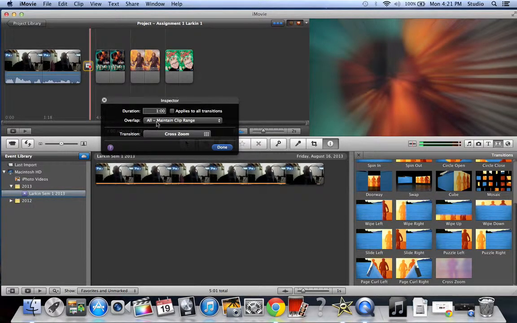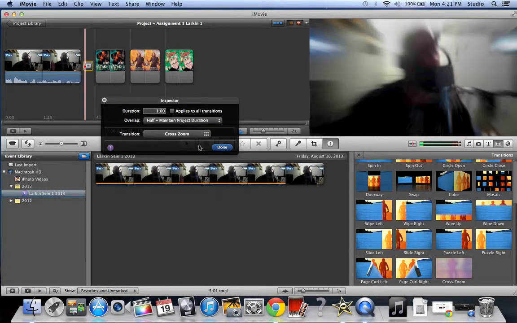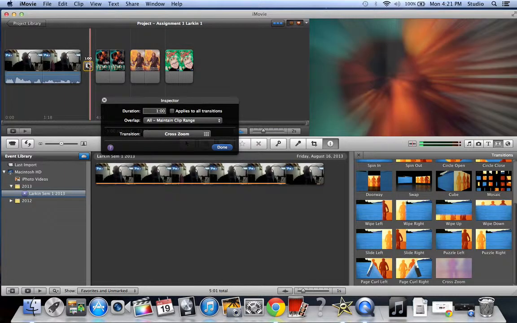We have our overlap. What this does is basically, if you want to keep the whole clip, or you want to change the clip, it changes the actual duration for you. So like right now, if I pressed half, when I roll over this, it's 1 second. If I do all, it changes to 1 second. But watch, when I change this to like 3 seconds,